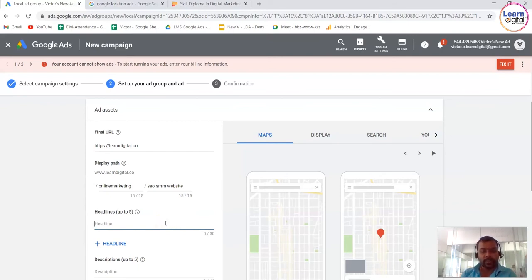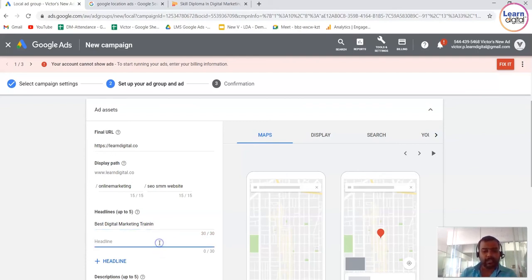Now, what is the next thing that you have to do? You have to give your headlines. Best digital marketing training. Okay, so best digital marketing training. Just give a good number of headlines, add up to 5 headlines. So when Google itself is asking you to give up to 5 headlines and 5 descriptions, please give it.